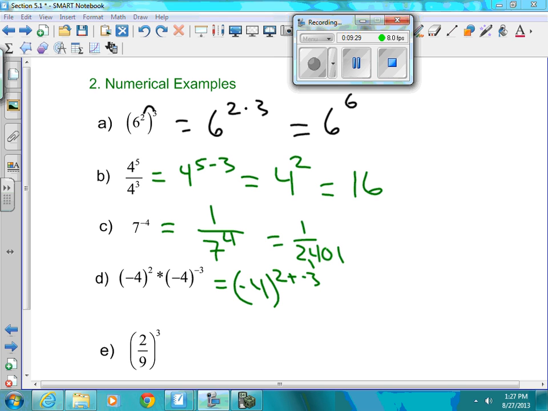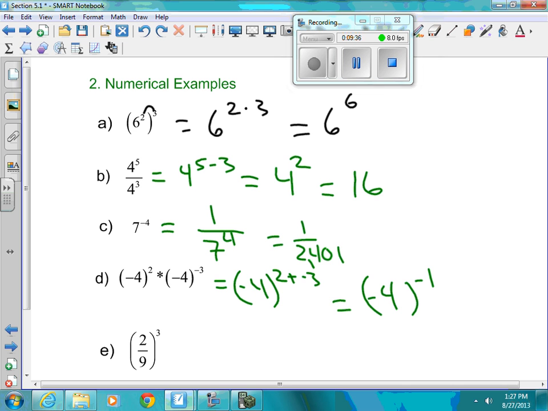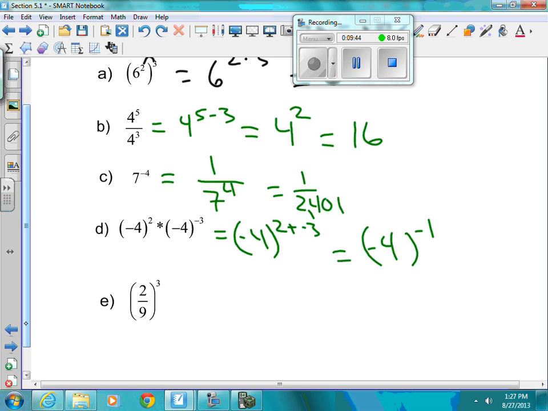So when we add these exponents, we get negative 4 to the negative 1. Well, do we leave it like that? No, we can't. The rule is we cannot leave negative exponents. We do not have negative exponents in the final answer. So this is the negative exponent property: 1 over negative 4 to the 1st power, or just negative 1/4